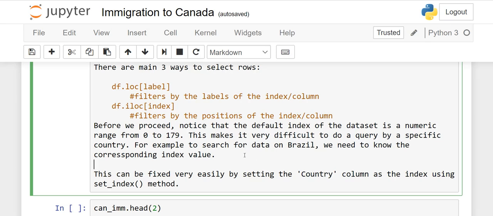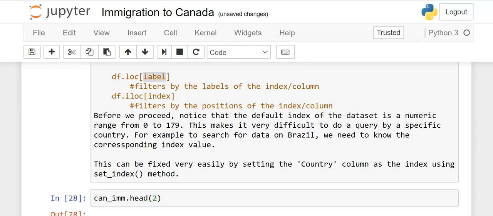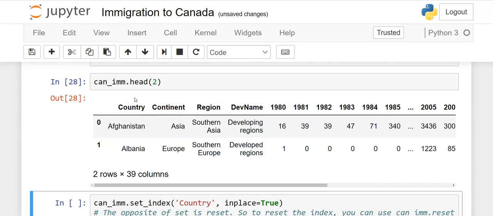So now we are going to change that index. This can be fixed very easily by setting the country column as the index. If the country column is the index, there is no need to check, you can just write the country name here. Right? I will show you. See here, I will run my data frame. So this is my data frame. Country is the name of a column. This is continent. These are the column names. Here the index has no name. And keep in mind, see, all these are at one level, country, continent. But when I make country the index, you will see there will be some difference between this line and this line, right?